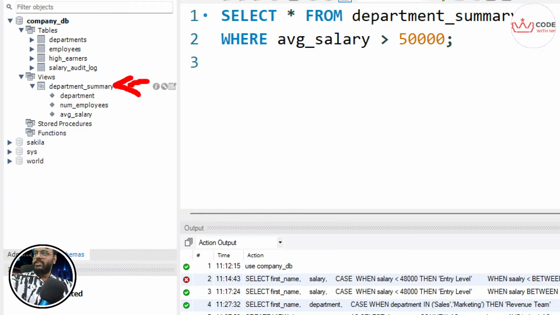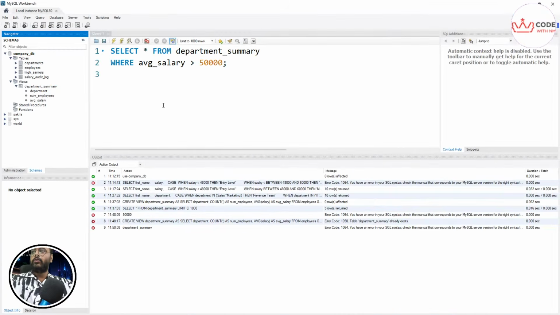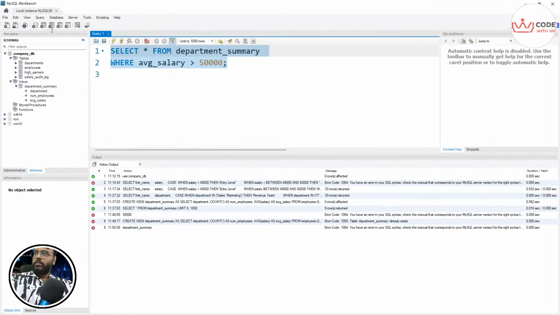If this is clear, where to find the views we have created, now let's jump on to the query itself. Okay. Now, Saurav says this version doesn't support this type of syntax. Okay, so Saurav,